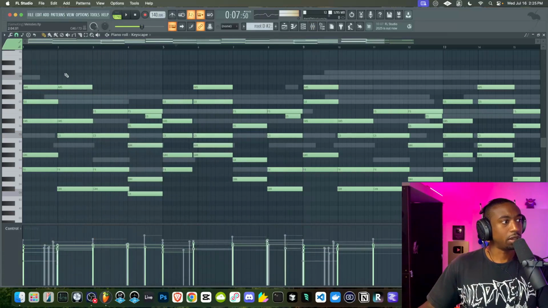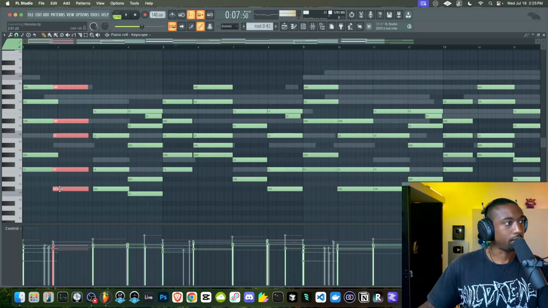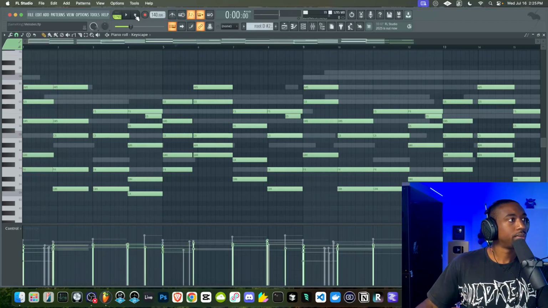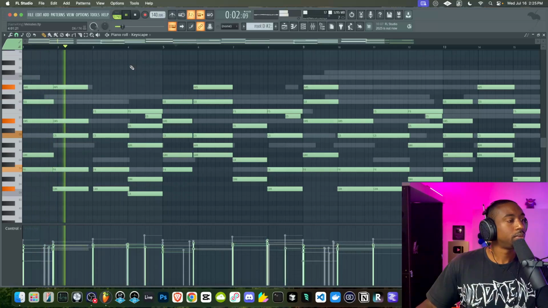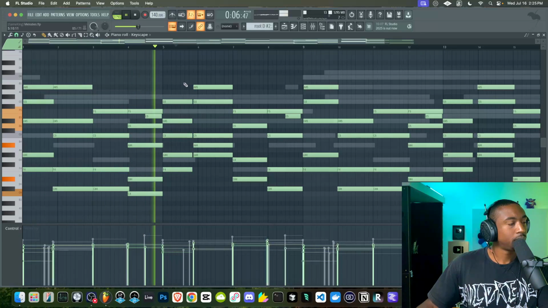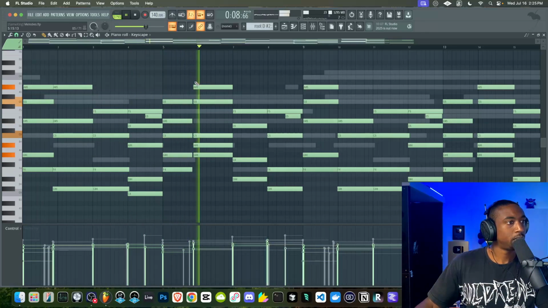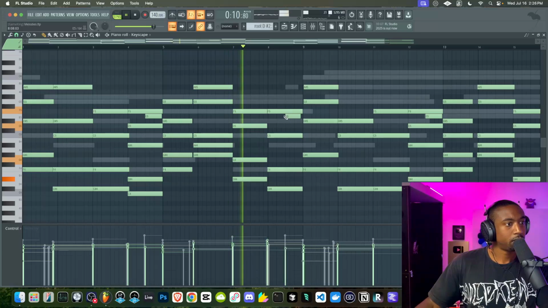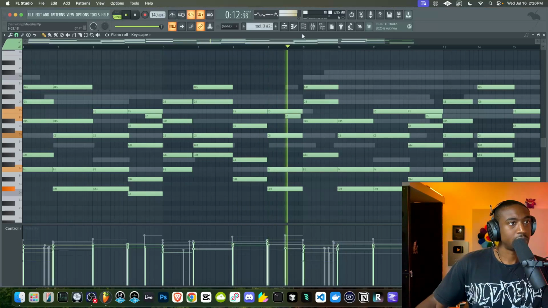So now some of the notes I played syncopated. I'm just making sure I line up the syncopation with the actual chord so it doesn't just sound offset. Okay, so that feels cohesive.